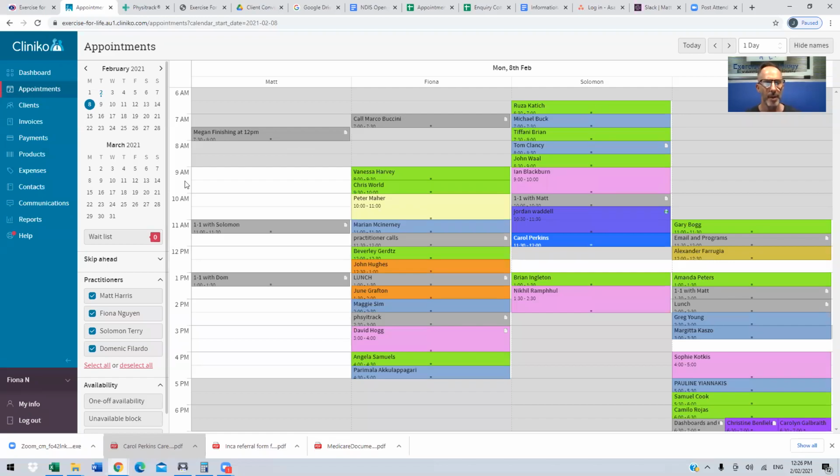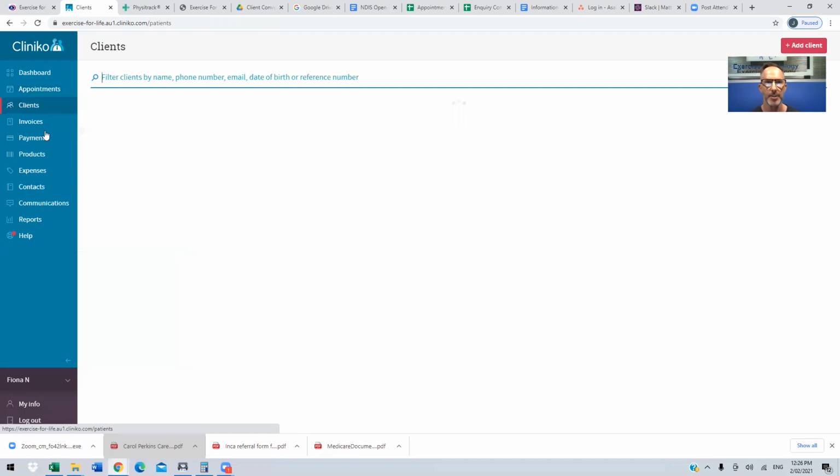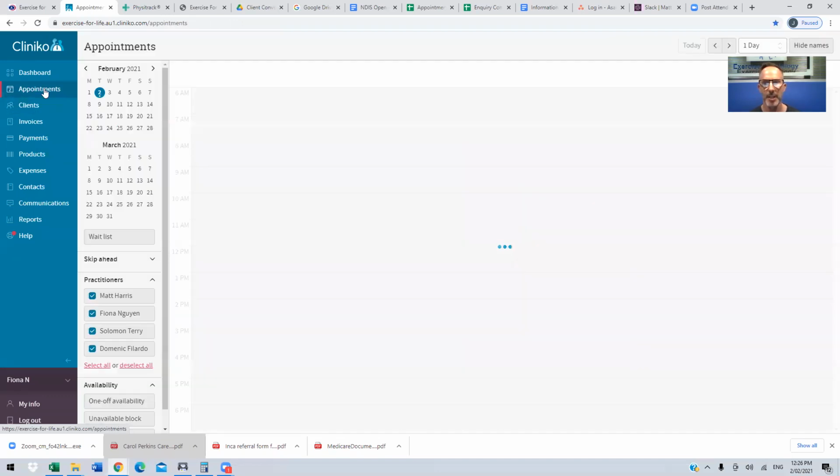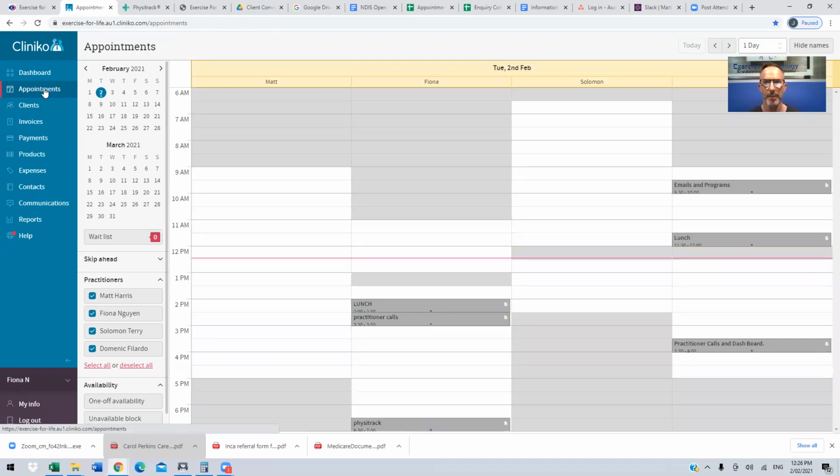I wanted to run through creating an appointment on the appointment calendar on Cliniko. This is our client management system. You need to go to the appointments area. So just clicking on there to the appointments, discussing with the client who wants to book in for an appointment